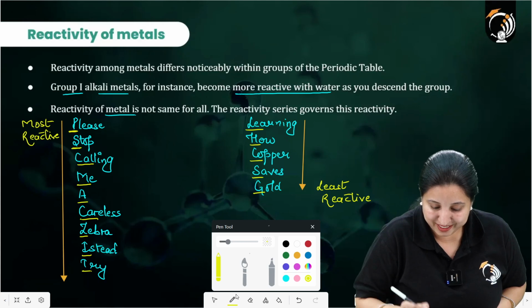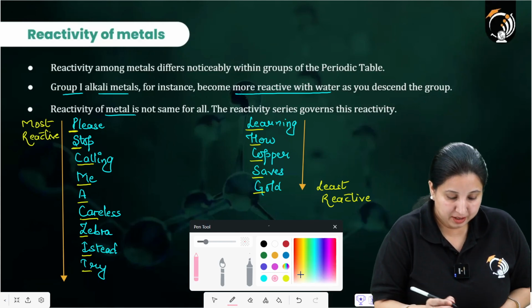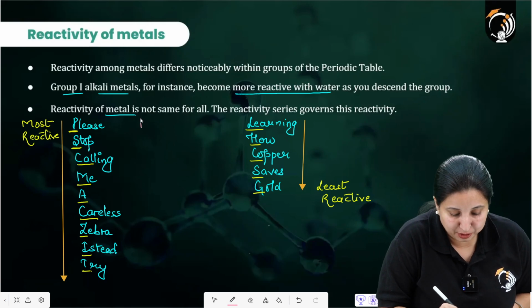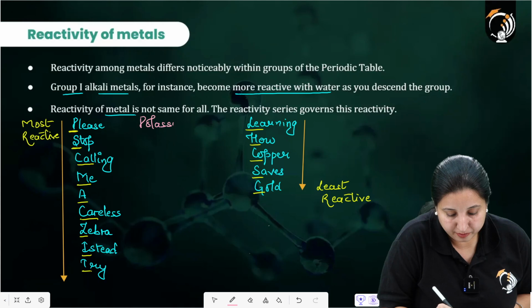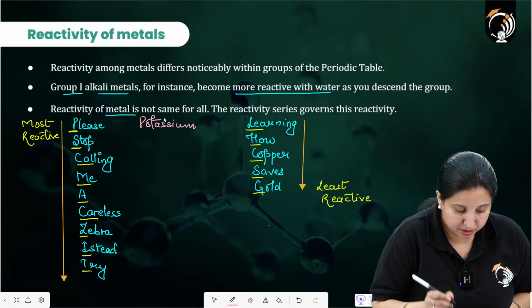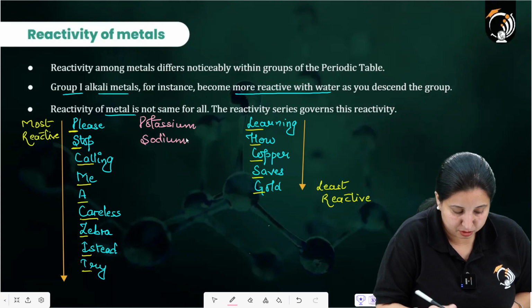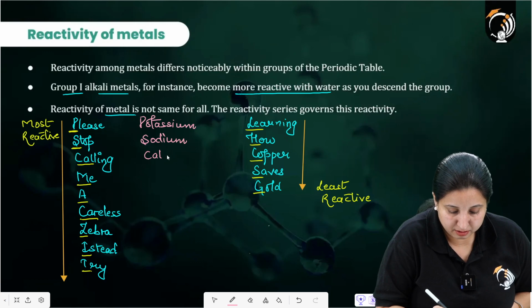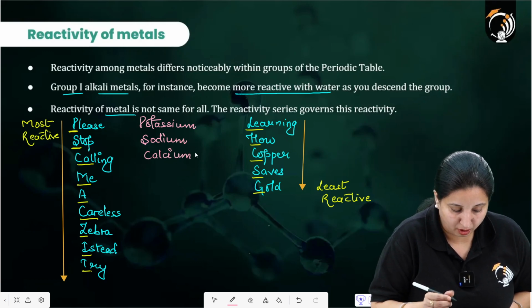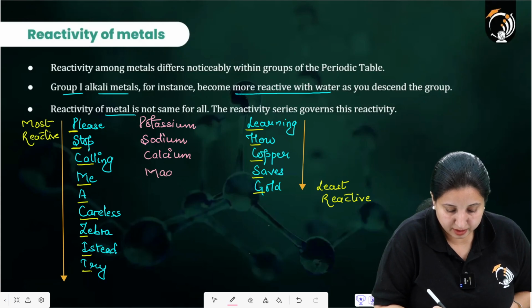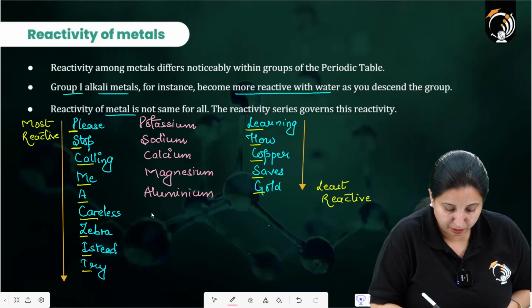Okay, so now I tell you this. Please stands for potassium. Stop stands for sodium. Calling is for calcium. Me for magnesium. A for aluminium. Careless for